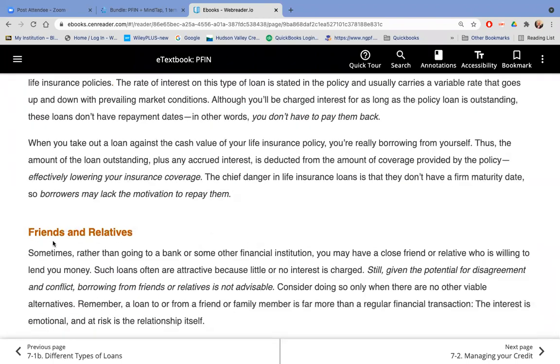The last thing it says here is friends and relatives, just don't do it. I mean, you really need that relationship for your whole life. And you don't want issues like money or fighting over money or bad blood to happen because someone didn't pay back a loan over the long term. Your relationships with your friends and relatives matter a lot more than getting a loan from